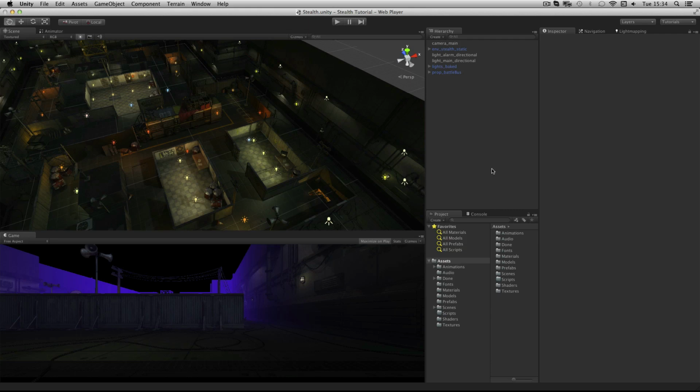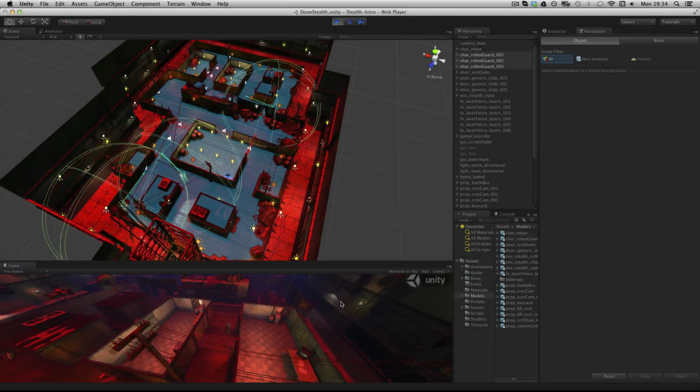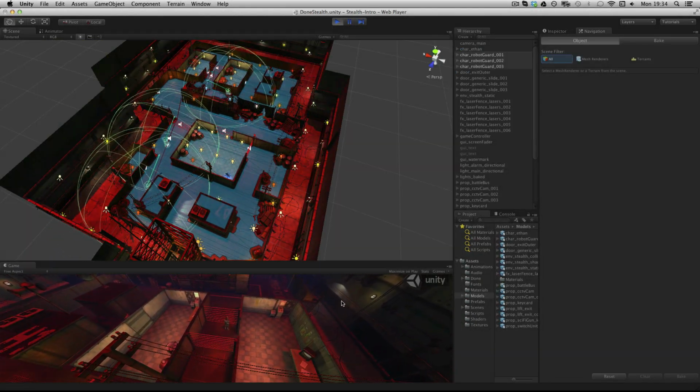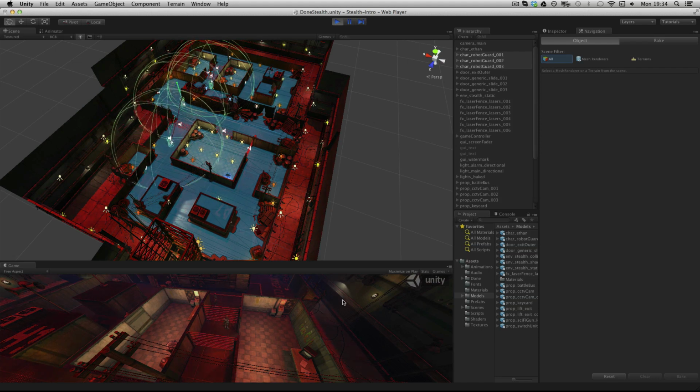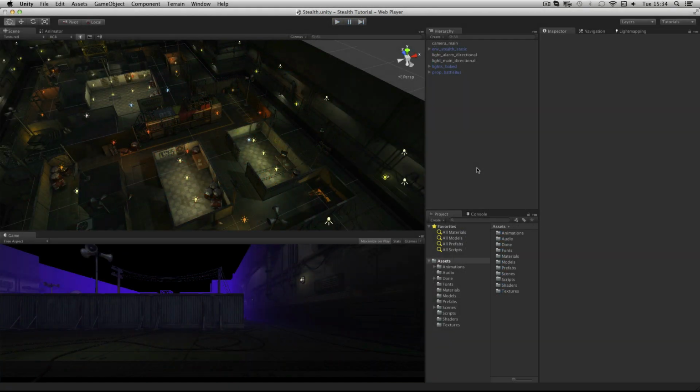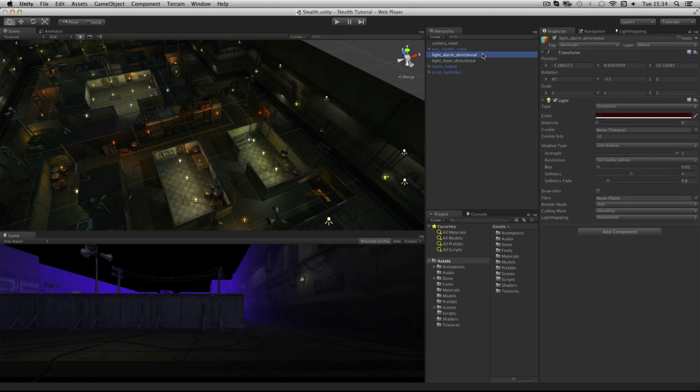Now we can get started creating some scripts for the game. The first one we're going to make will be to control the alarm light. When the player triggers the alarm, we want the light to pulse. So create a new C# script called alarm light on the alarm light game object by selecting it and then